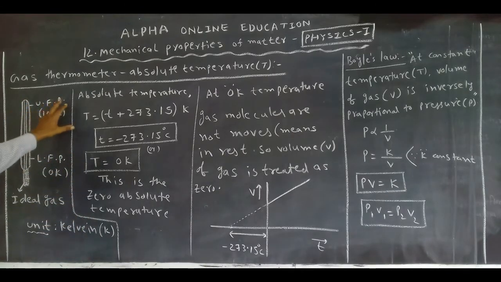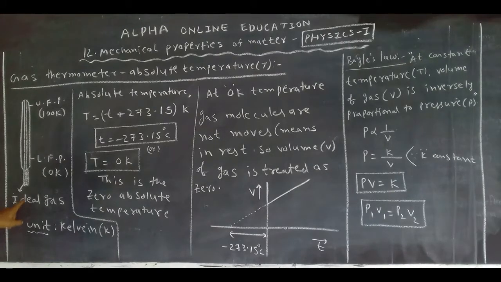Now, in the gas thermometer, this is the capillary tube, this is the bulb. In the bulb, we take ideal gas. What gas is taken? Ideal gas. Okay, what is ideal gas? We will discuss that. It is very, very important. Ideal gas is very important in this chapter for 8 marks. This topic repeats in chemistry also. In the beginning class, I have already said this to you.